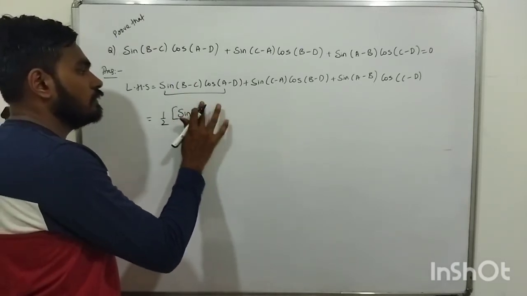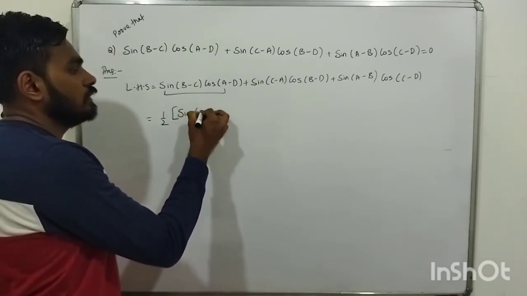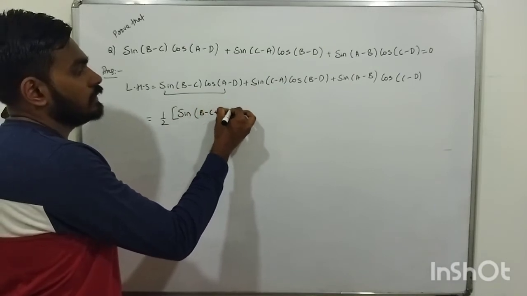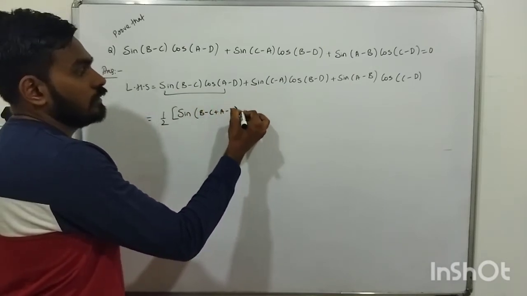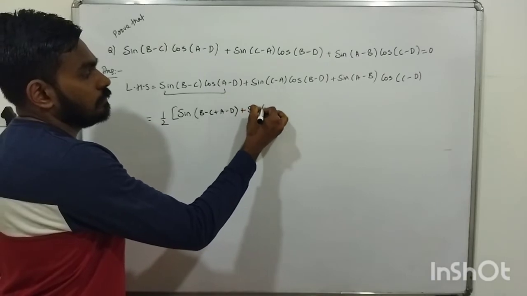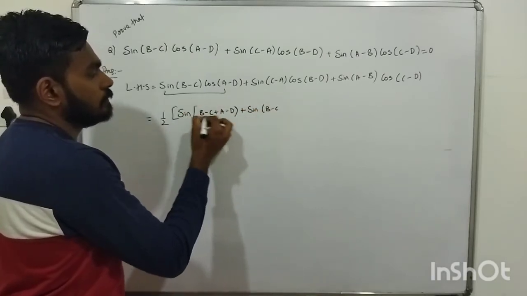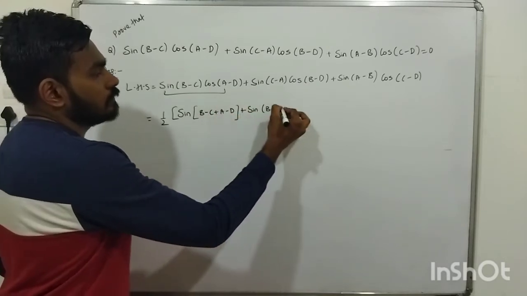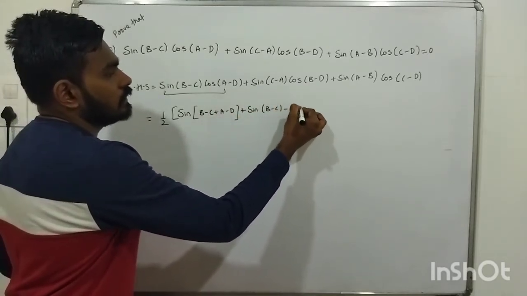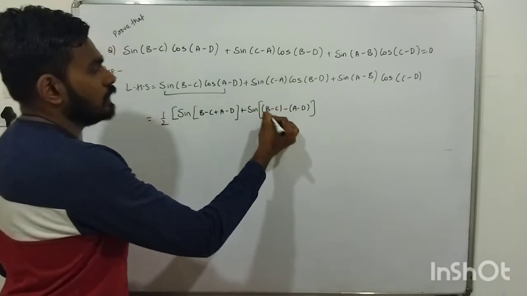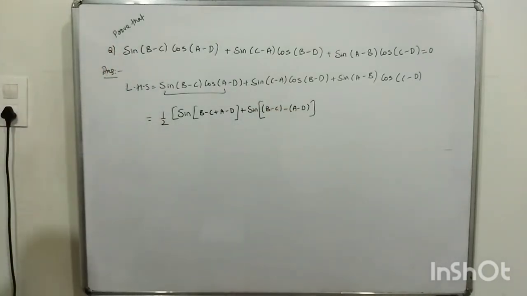So sin of (b minus c plus a minus d) plus sin of (b minus c minus a minus d). First thing, this is satisfied. Next, the second term,